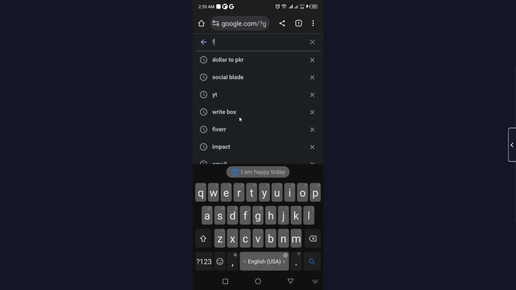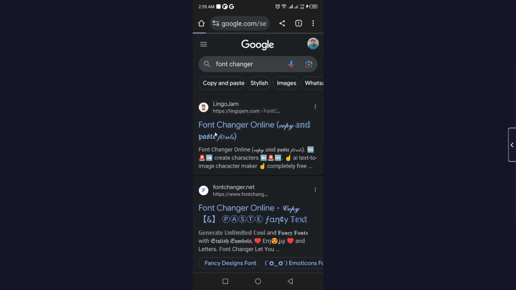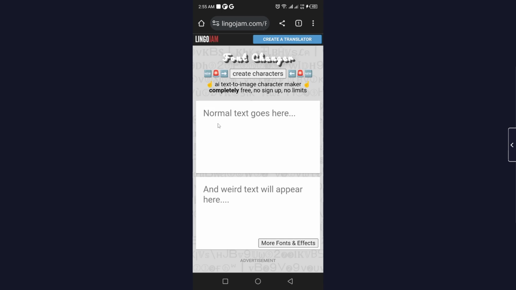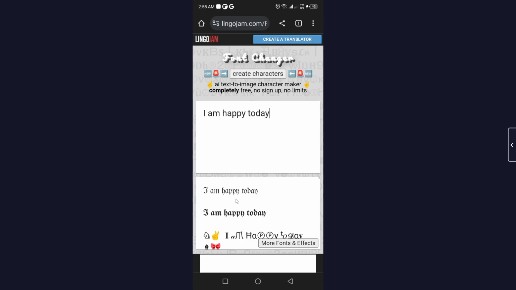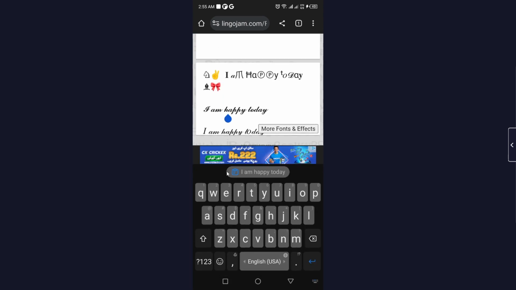and search here "font changer." So click on any website. I'm going to open the first one, post your text here. So here you can see that. From here I'm going to select this one. So let me copy this